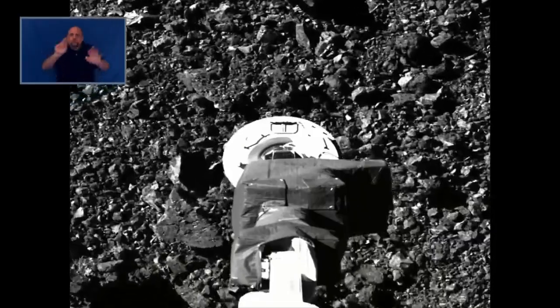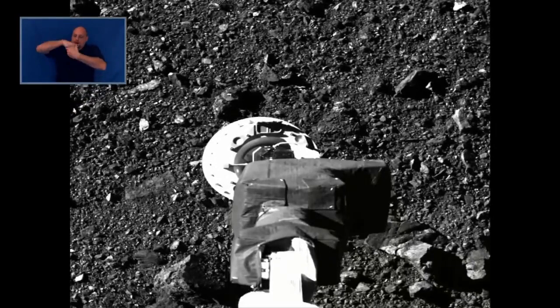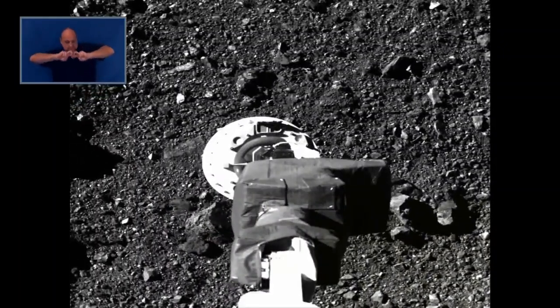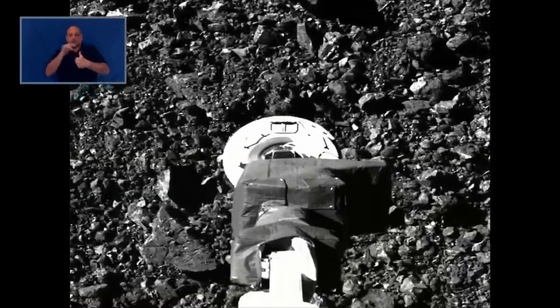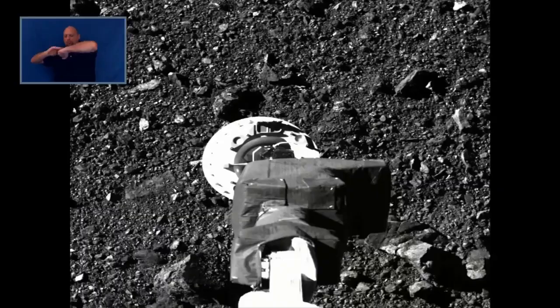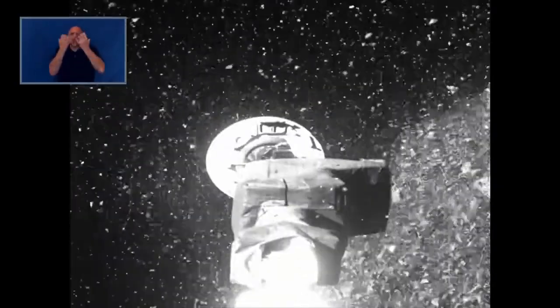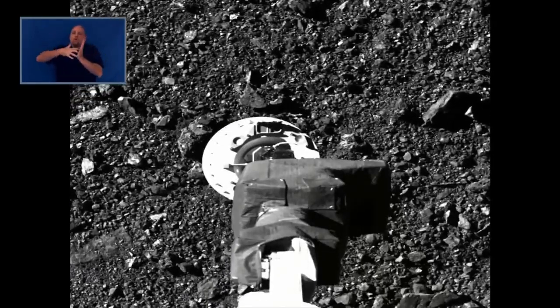nitrogen gas under the TAG-SAM head, which mobilized material, we hope, into the TAG-SAM head as well as outside the TAG-SAM head. The two things that we're really examining in detail now that we have these incredible images is the response of the TAG-SAM head to the surface and the response of the surface to the TAG-SAM head itself. So of course, the surface is very interesting and very dynamic, and that tells us that the material is probably very weak and doesn't have a lot of cohesion,